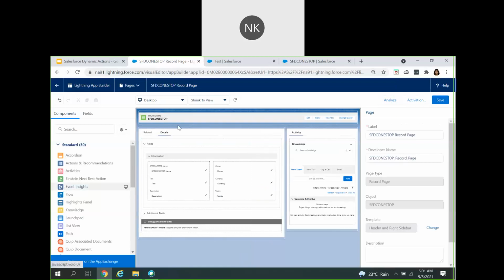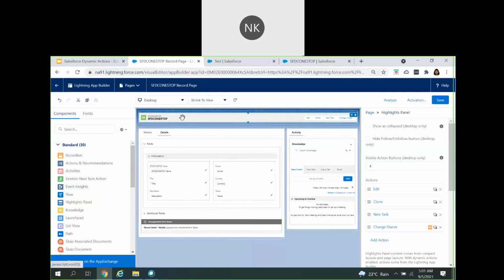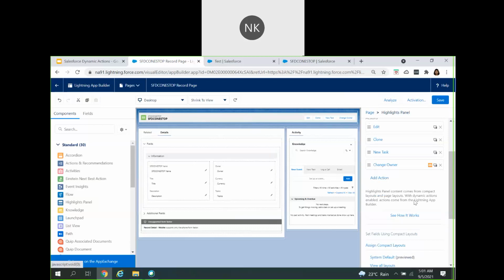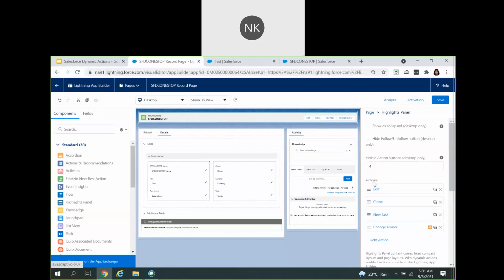And as I was mentioning earlier, if you don't have the highlight panel, you have to ensure that the highlight panel is added to the record page, and then you can go ahead and make the changes. Now click on save. Now I talked about the second option which is available whenever you click on this. So now we'll try to migrate all of those. So we'll use another record page here,